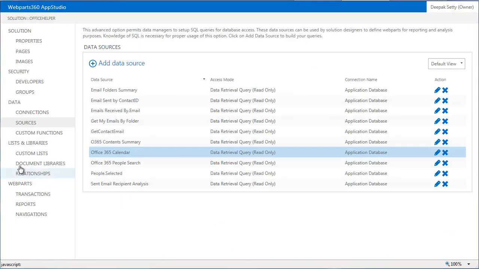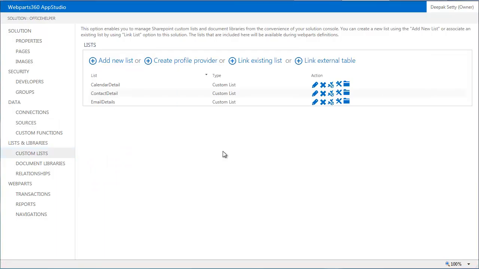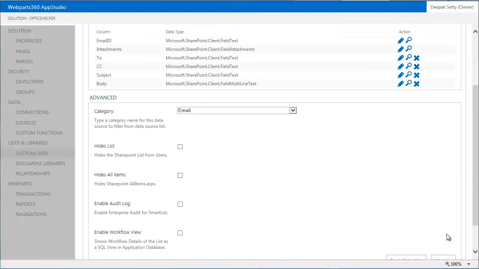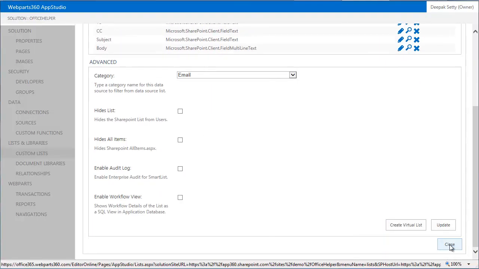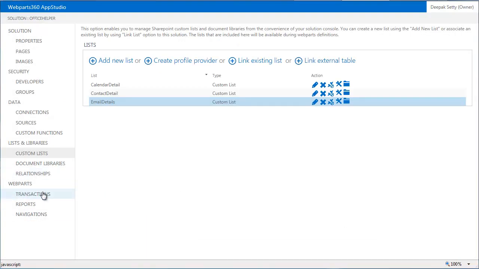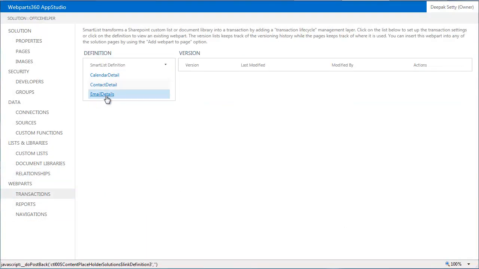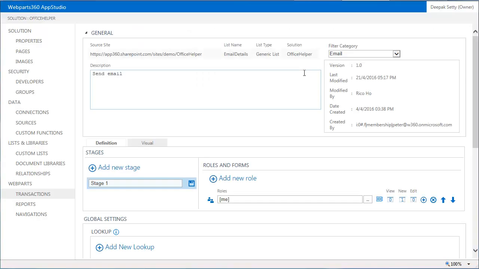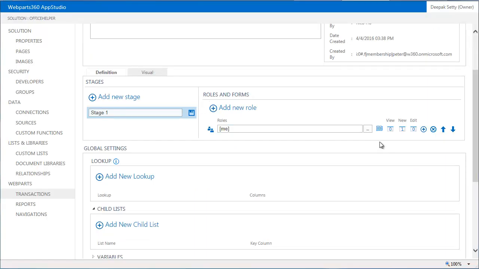Alternatively, sometimes I might want to create documents. For example, I could create a custom list that stores all the information for my email. I want to have the attachment and the field, and I can just do so. When I've done this, I can set up an email detail, and within the email detail, I will be able to create a stage, and when I add,